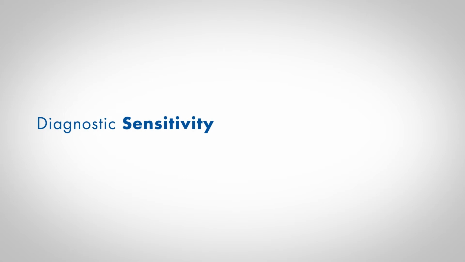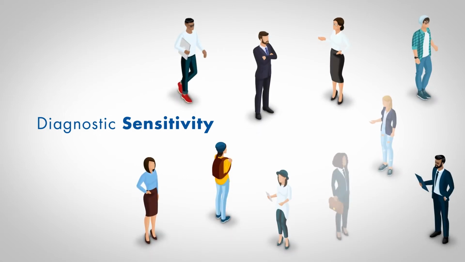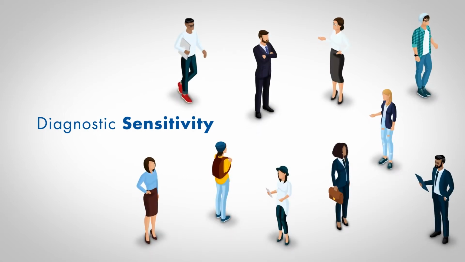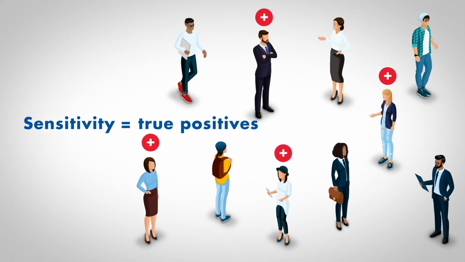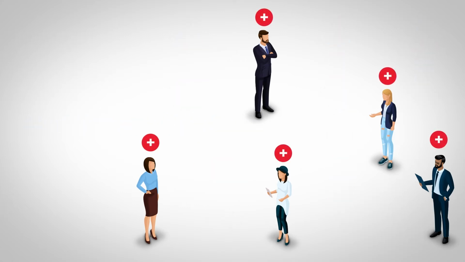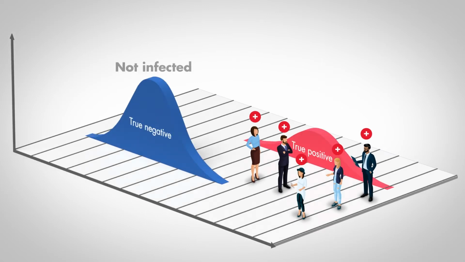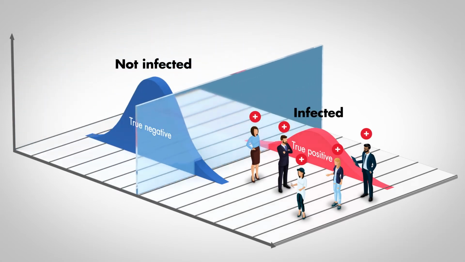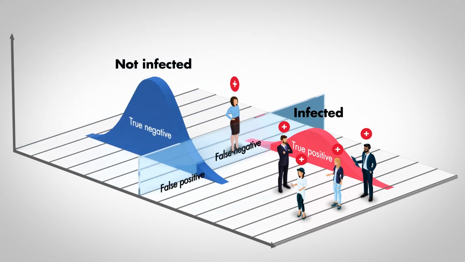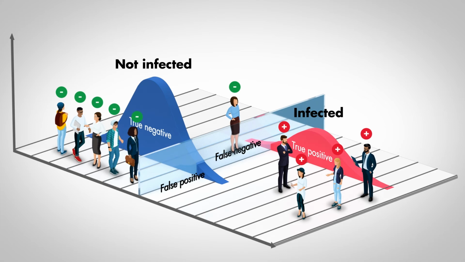The diagnostic sensitivity tells us how good a test is at confirming people who have the disease, known as true positives. However, false negatives can occur when a person who in reality has the disease produces a negative result. These false negatives will be indistinguishable from the true negatives unless additional or different test methods are used. Tests with higher diagnostic sensitivity result in fewer false negatives.